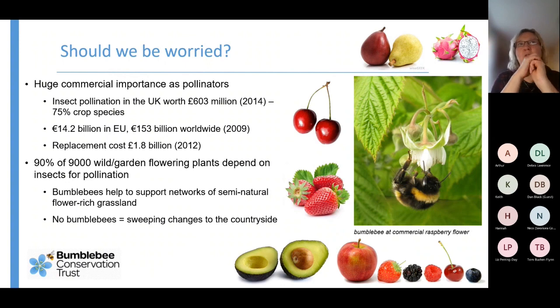And Tom obviously works for Buglife, and so he'll be the first to tell you it's not just bumblebees. Beetles, moths, butterflies, hoverflies, solitary bees, honeybees, they're all pollinators, but bumblebees are super, super effective pollinators for several different reasons. The species group as a whole has a very